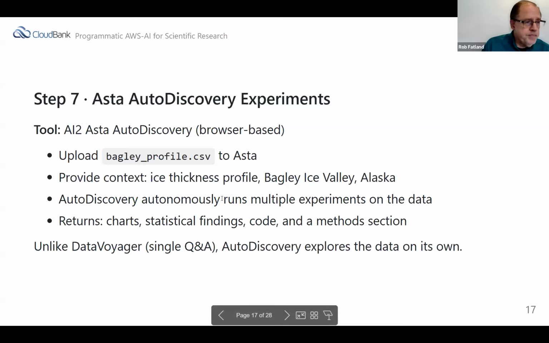Now, the data set is so small that there's not really a lot you can do with it, but nevertheless, it makes a good toy example. So I went to auto discovery and did the upload and did the description and so forth. The sequence of slides that I have is trying to describe what happens. I'll also take a moment to look at a web browser that's logged into the Asta auto discovery so you can see the whole effect of how it's all put together.